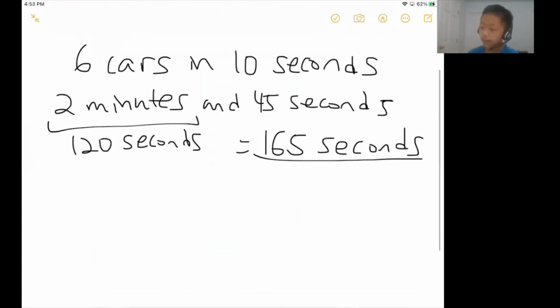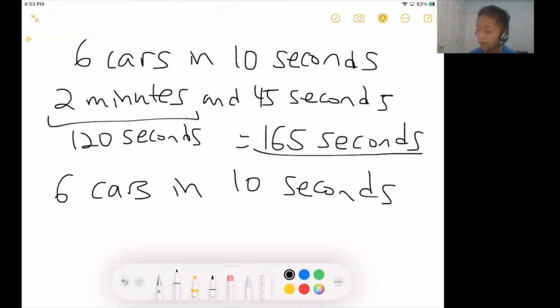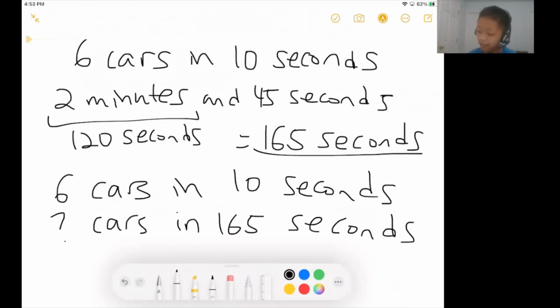So if we're given that there are 6 cars in 10 seconds, and we want to know how many cars in 165 seconds. This is kind of like a ratio problem, right? From this 10 to this 165, you kind of multiply by